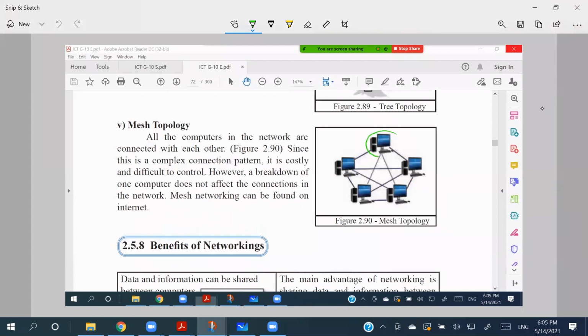If you consider one particular device, it has a data connection to this device as well as this device, as well as to here, as well as here, right? So each and every device is connected with each and every other device individually. If you think about any device in this network, it has a separate connection with all other devices, right? So this is called the mesh topology, and it is the most expensive one, but it gives a very smooth